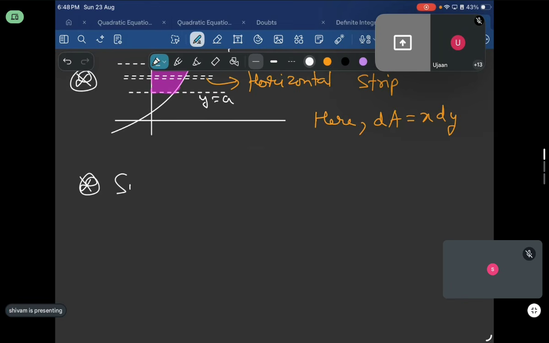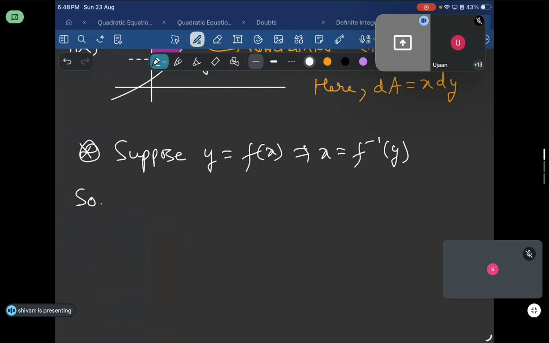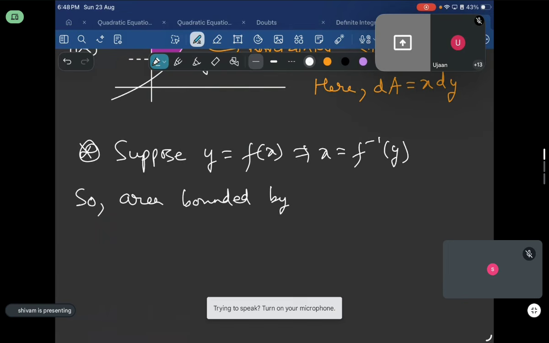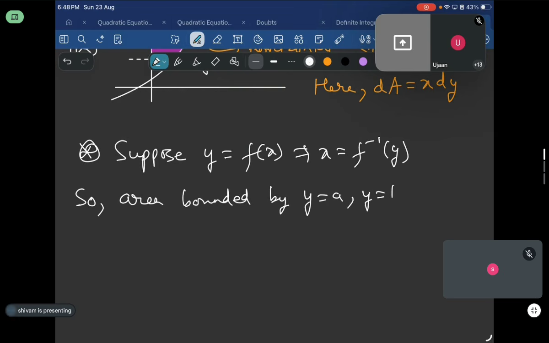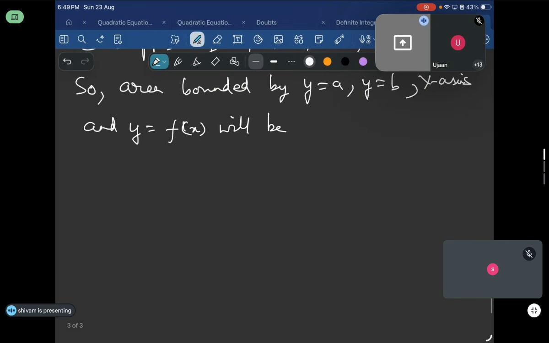Suppose y is equal to f of x, and this implies x equal to f inverse y. So the area bounded by y equal to a, y equal to b, the y-axis, and y equal to f of x will be,